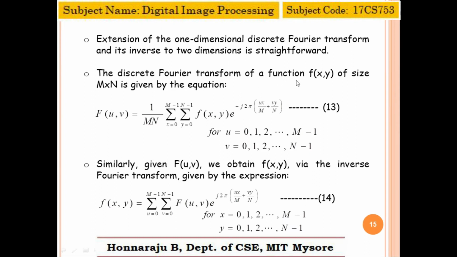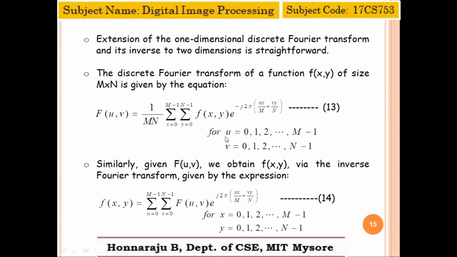The discrete Fourier transform of f of x comma y of size M by N, where M represents rows and N columns, that is, the height and width of the image is M into N, is F of u comma v equal to 1 divided by MN times the summation over x from 0 to M minus 1 and y from 0 to N minus 1, with respect to the x direction and y direction, of f of x comma y times e to the power of minus j 2 pi times ux divided by M plus vy divided by N,